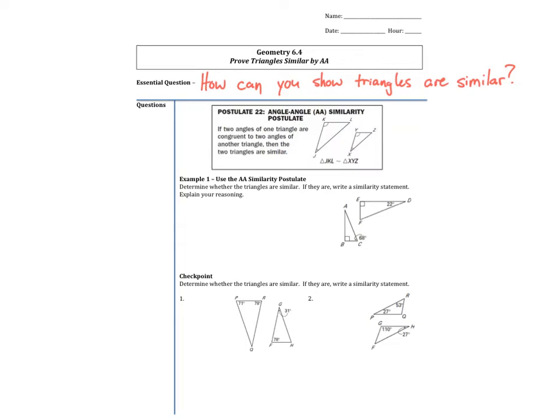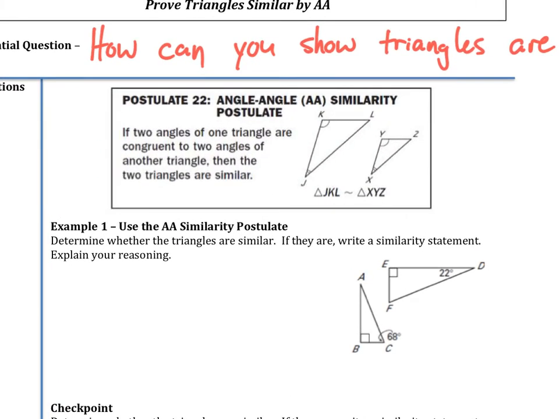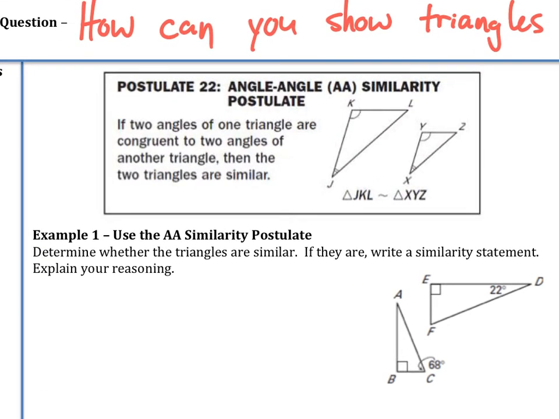Section 6.4, we talk about how we can prove triangles are similar. And the first way to do that is by angle-angle similarity. So we zoom in on Postulate 22, which shows what angle-angle similarity is. It says if two angles of one triangle are congruent to two angles of another triangle, then the two triangles